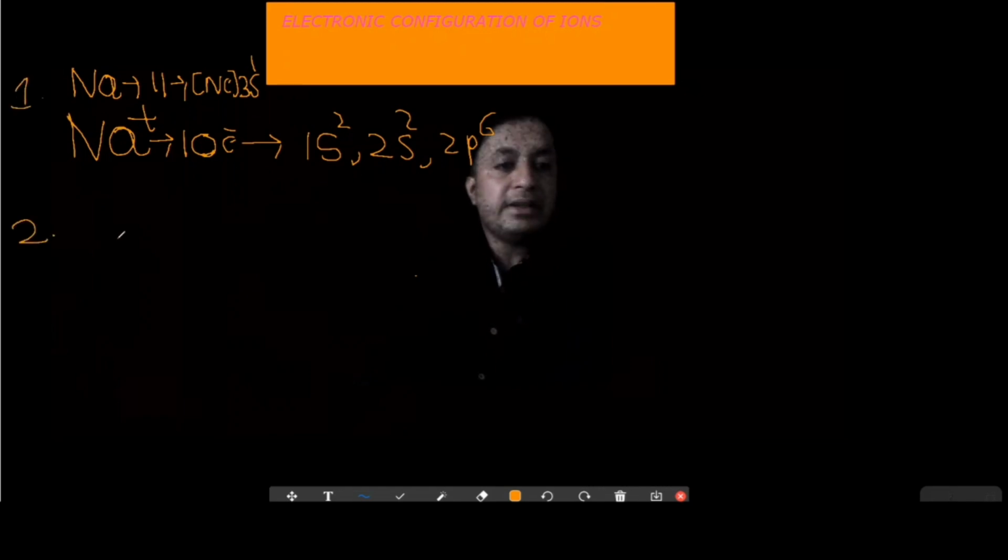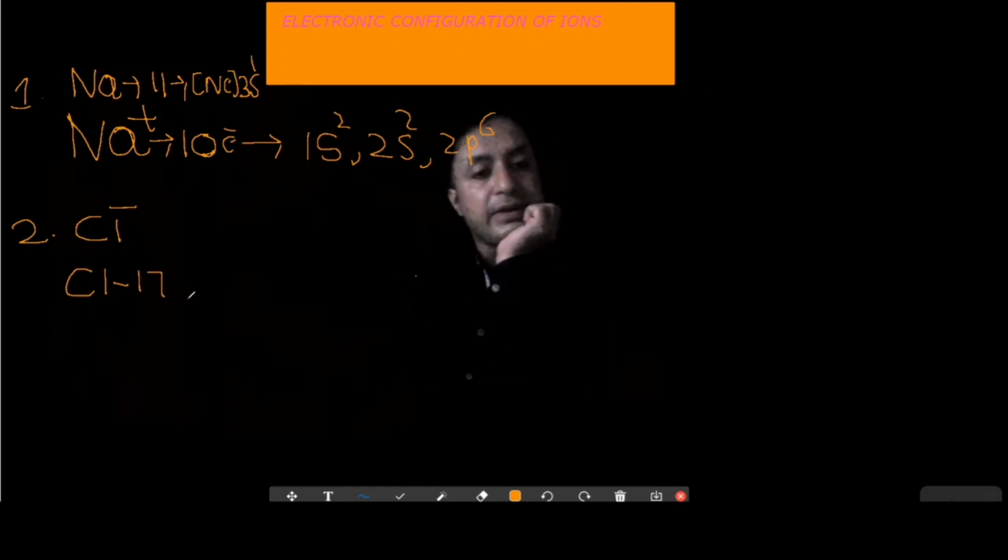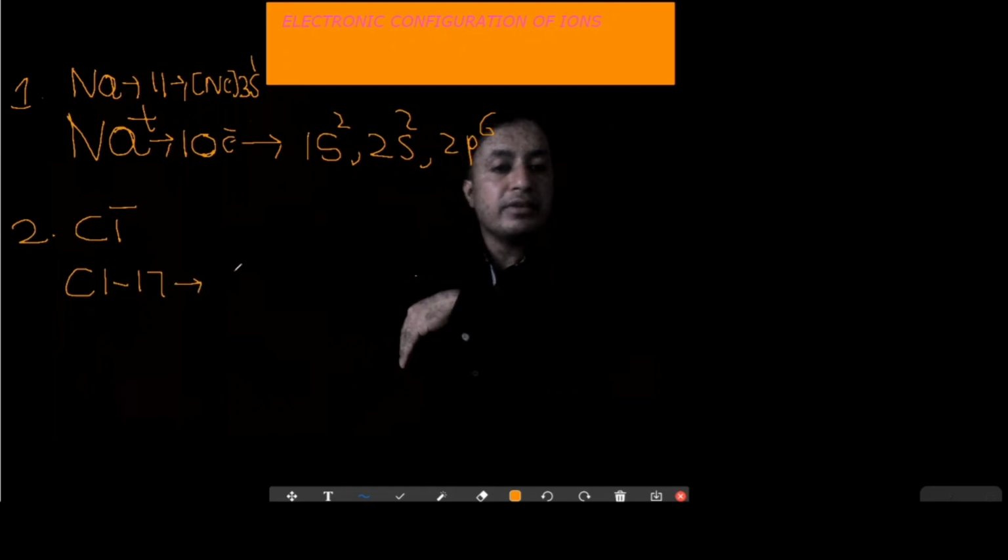Suppose you have to write the electronic configuration of, we can take one anion also, like chlorine, chloride ion. Okay, now chloride ion means that it is obtained from chlorine atom only. So first we see what is the atomic number of chlorine. Chlorine is having atomic number equivalent to 17. Now when chlorine atom is having atomic number equivalent to 17, it means its electronic configuration must be neon. I am again using the shortcut method, that is 3s2,